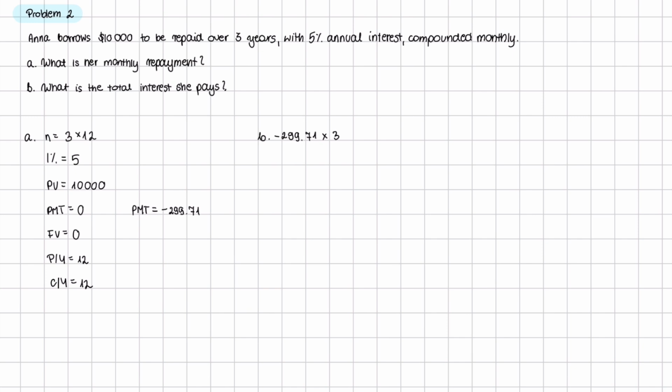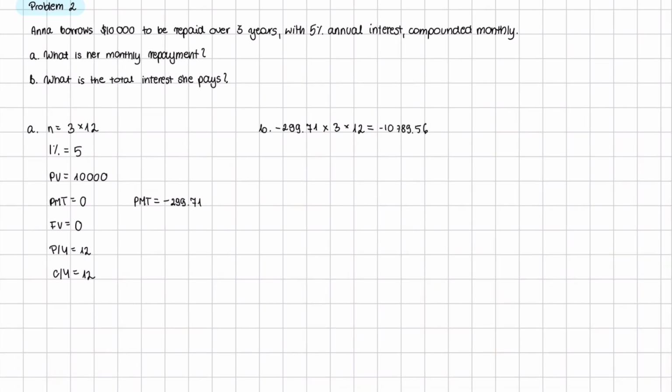So our PMT times 3 years, and also times 12 months. So she needs to pay $10,789.56,